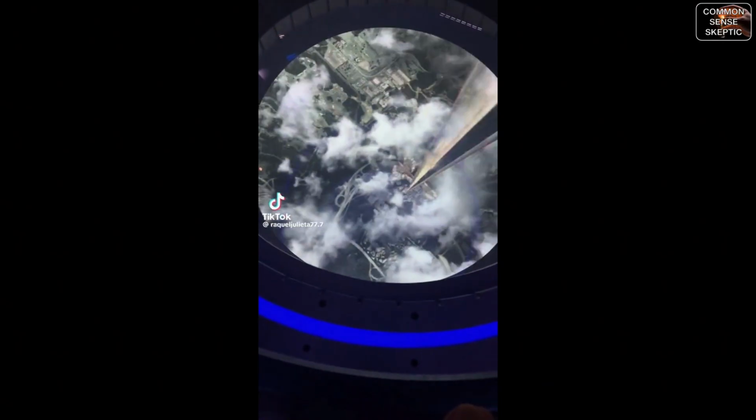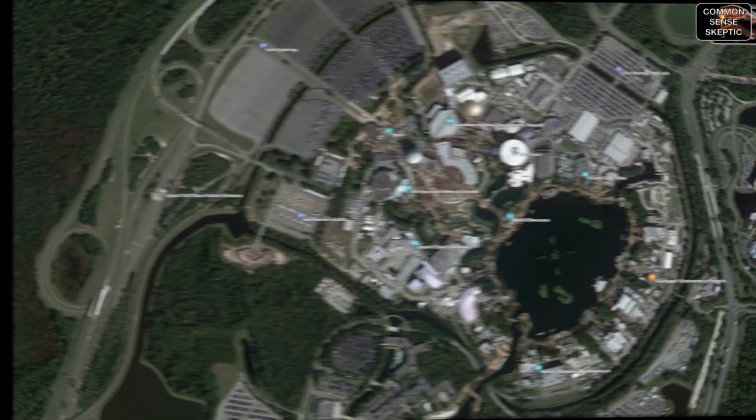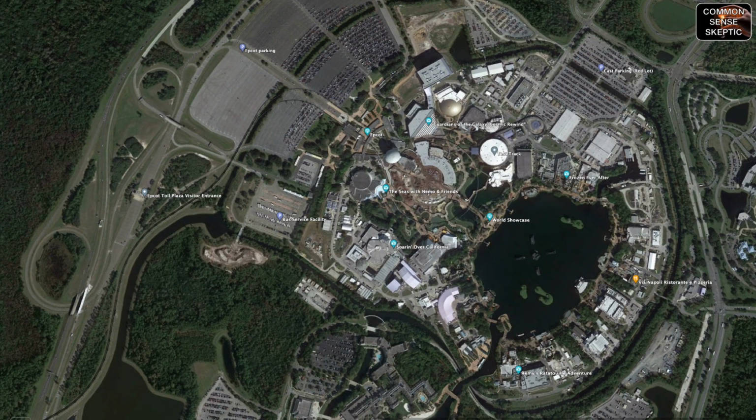Backing up the video even further, to where the capsule was closest to the ground, we want to find these two unique landmarks visible through the low-lying cloud cover. There's this road with a sweeping 90-degree turn, then another turn the other way, making it noteworthy, and this highway interchange to the west of the terminal. On Google Earth, here's that unique road, and here's the highway interchange. So the space elevator terminal in this video is located at Disney World, specifically near Epcot Center,